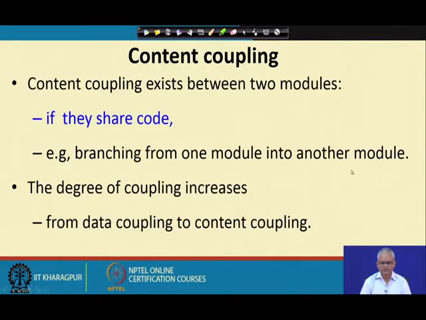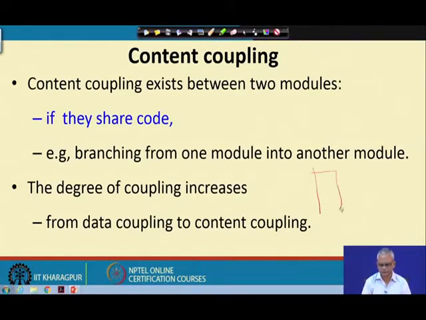And the worst form of coupling is the content coupling, and modern programming languages disallow this kind of coupling. You cannot even write code using modern programming languages where they do have content coupling. But earlier in machine language and assembly language programs in old computers, it was possible to have two modules that share code. That is, we have one module here and another module here, M1 and M2, and it is possible for M1 to execute some piece of code here,